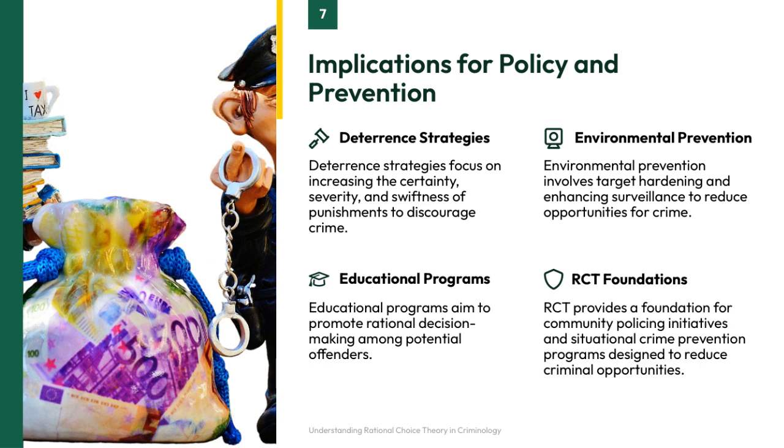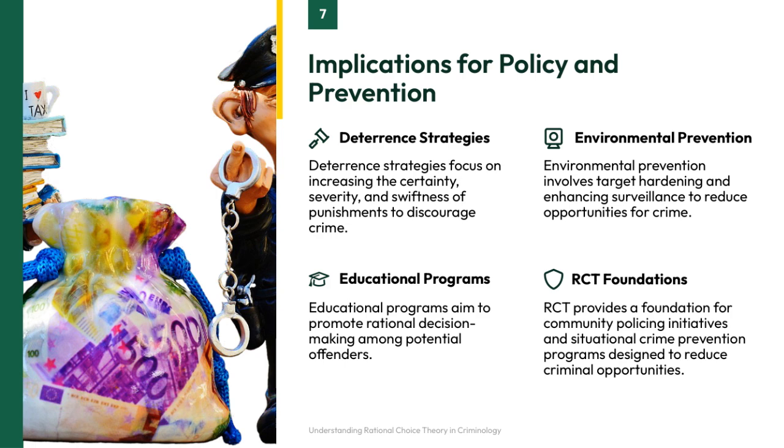This includes measures like target hardening, which makes potential targets more difficult to attack, and increasing surveillance to monitor areas more effectively. Another key aspect is educational programs, which are designed to encourage rational decision-making. By informing potential offenders about the consequences and helping them weigh their choices more thoughtfully, these programs seek to prevent